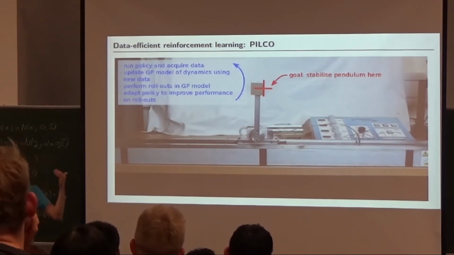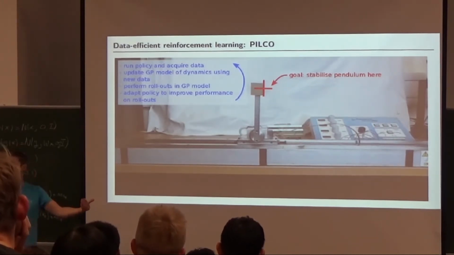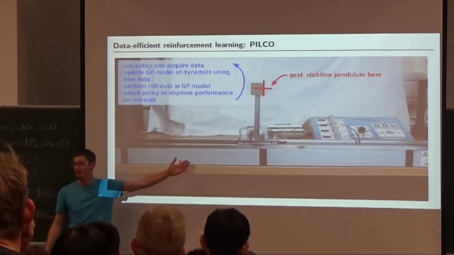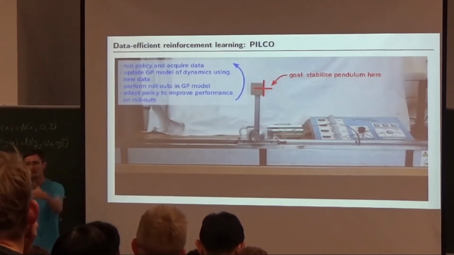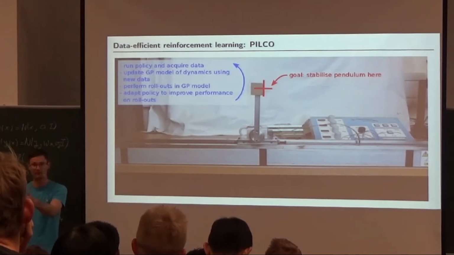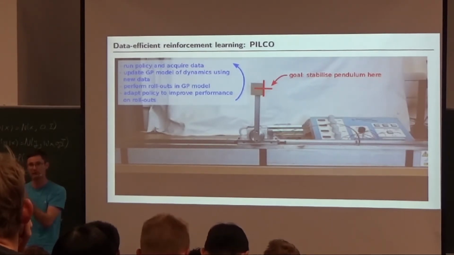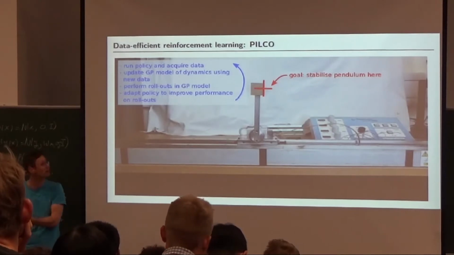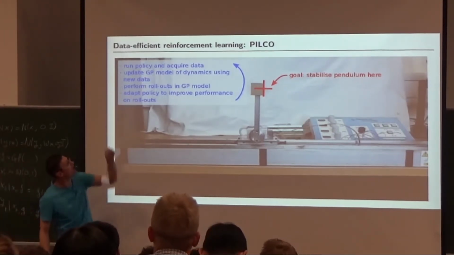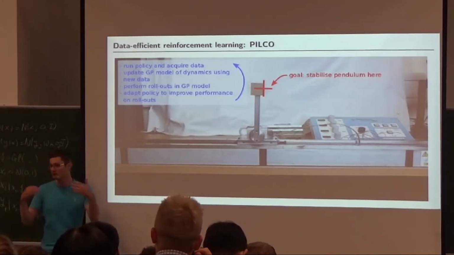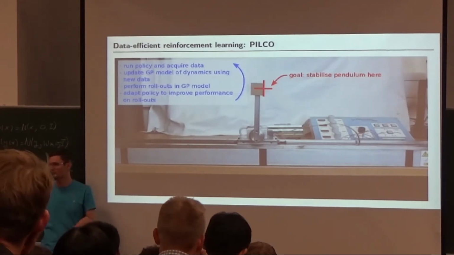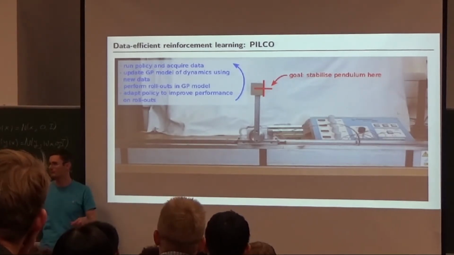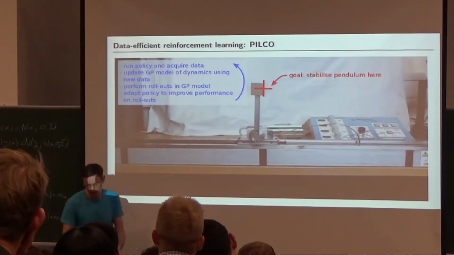It's then going to perform rollouts in this synthetic model of the system. So it can roll out lots of synthetic samples from what it now thinks the system is going to do, and it can apply its current policy in those synthetic scenarios. It can improve its policy in the synthetic scenario, just based on the outputs of the model. Then it can apply that policy and acquire new real data from the physical world again, and iterate through and through. So let's see,